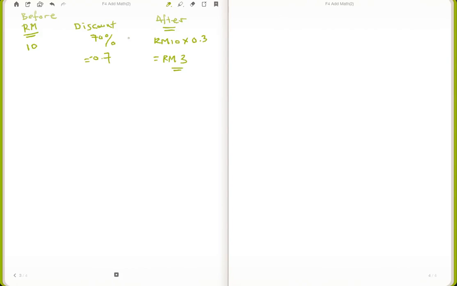You may use your knowledge in your previous year, in discount, you times 70%, you find what's 70%, and then it's 7, then you use original 10 minus 7, you get the answer. But now from Form 4, you need to know this. It's not mandatory, but I would advise you to learn this concept. This is an important concept. Okay, I hope you have grabbed. I hope you grab it by now. Now, next,